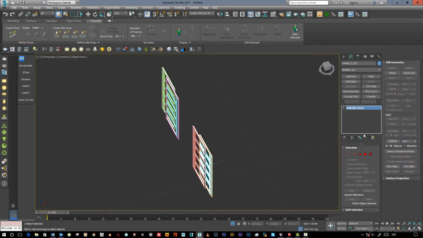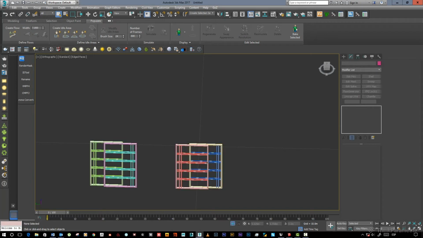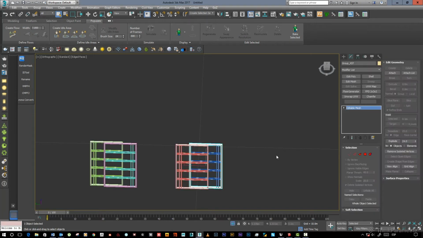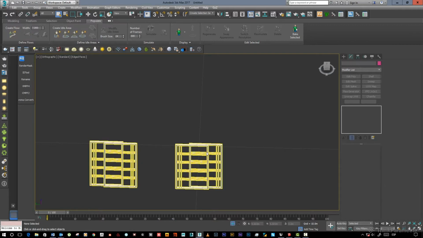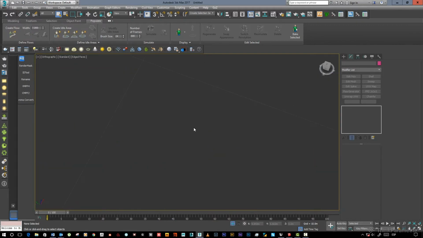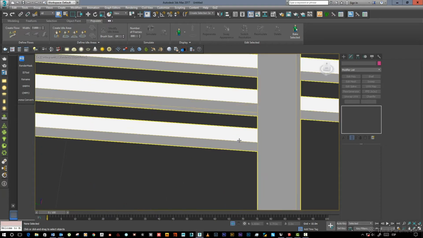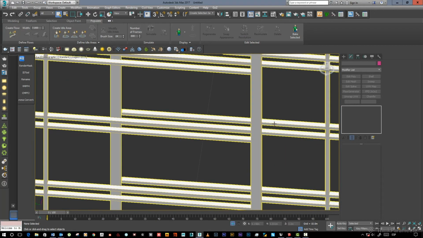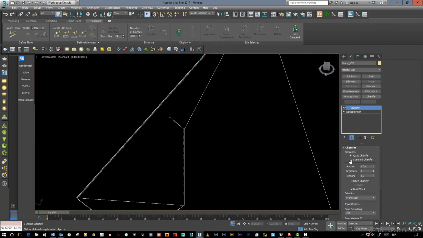So these are instances. One more time, we turn this into an editable mesh. After that, we attach it with the rest of them. And we might give it a chamfer here in order to get that highlight while rendering. So let's see if we can give that already. Go to chamfer, yes, amount.